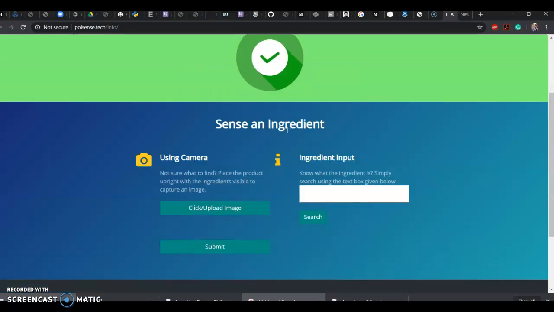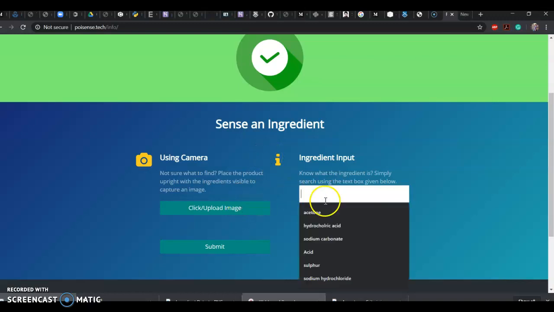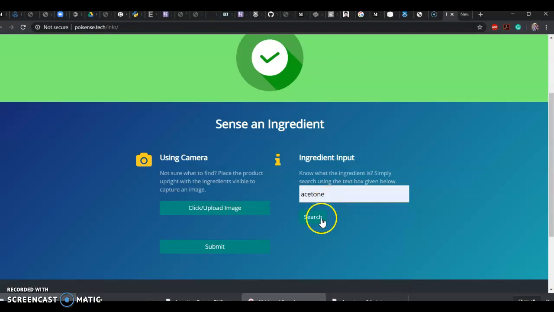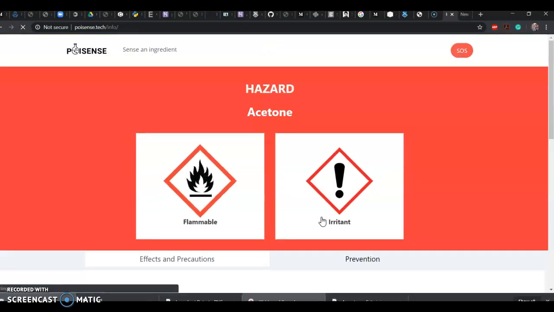So now I'm going to try to enter an input. I'm just going to give one of the results that appears, acetone. So I'm going to search. Well, here it says acetone,